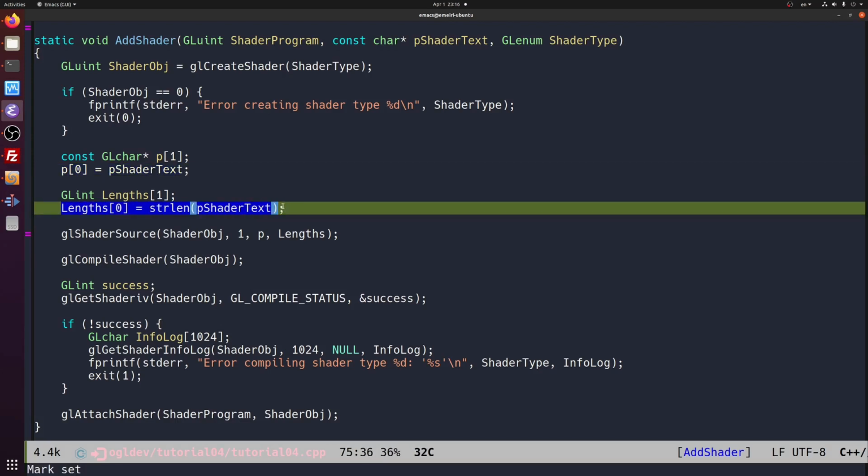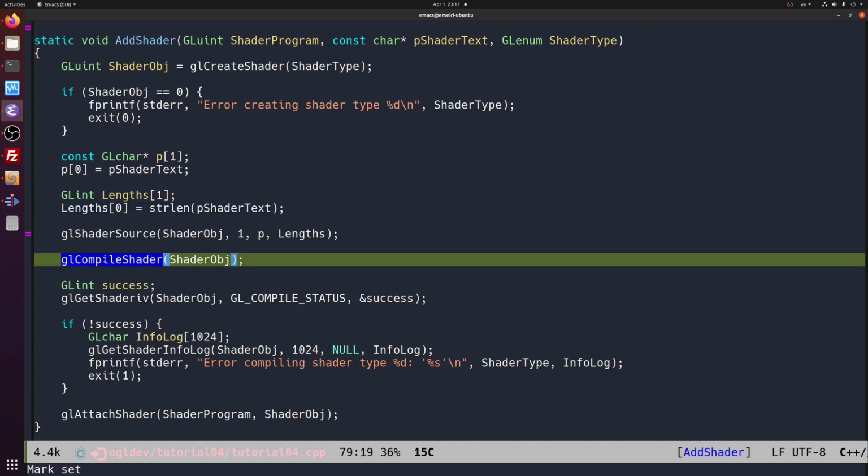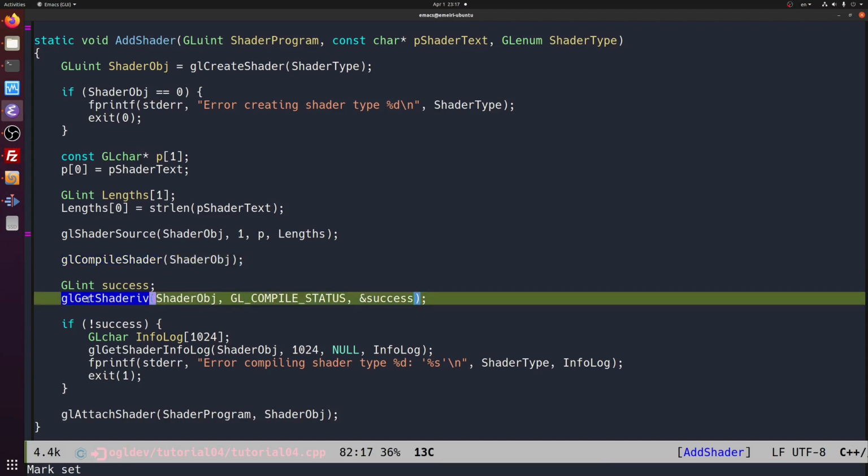And we set the length of this text in the single element of the length array. We can now compile the program by calling glCompileShader on the shader handle. We will most likely spend a lot of time fixing shader problems, so it is imperative that we check for compilation errors. We do this by calling glGetShaderiv on the